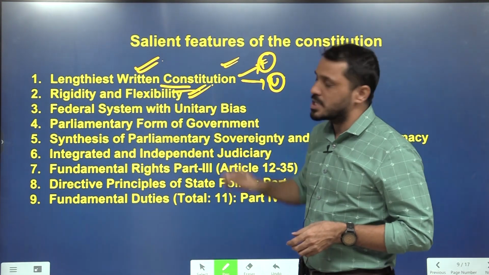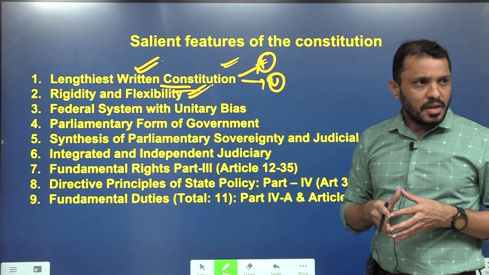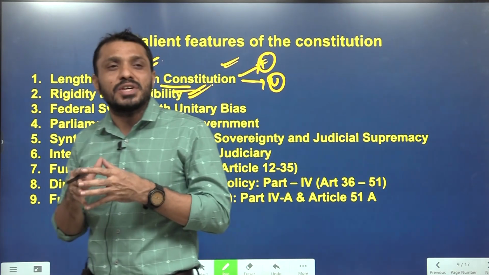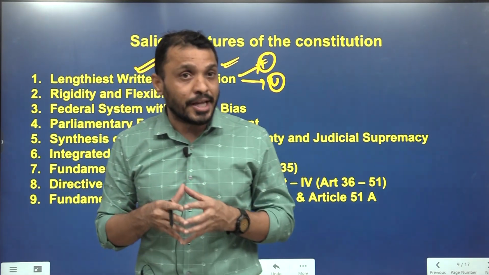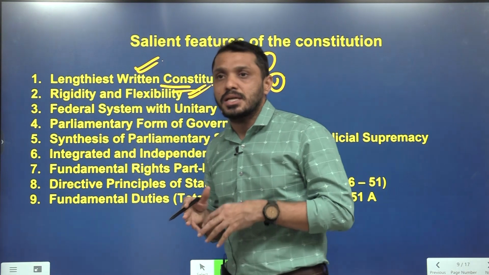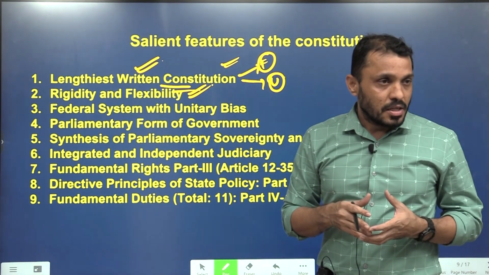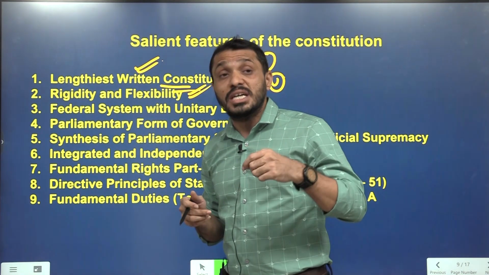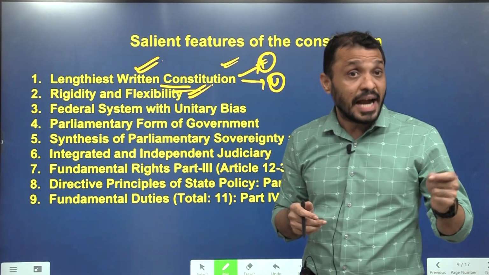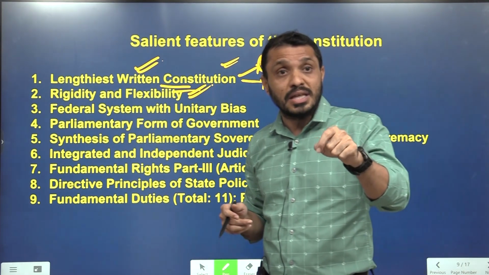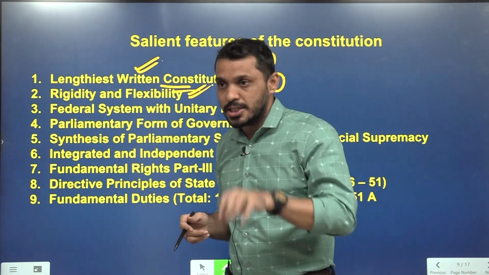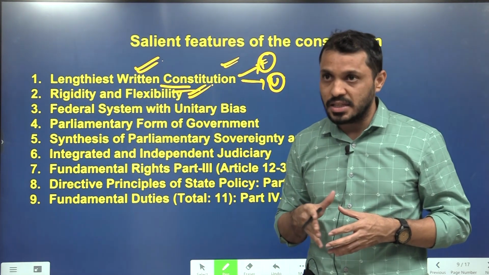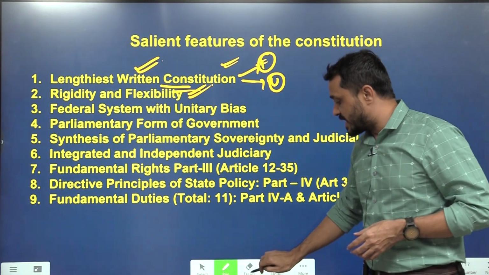Next, the Indian Constitution is both rigid and flexible. What do we mean by rigid? Rigid means changing the Indian Constitution. Changing some features is very, very difficult, and some features are very, very easy to change. The features which are easy to change require only a simple majority, and the features which are difficult to change require a special majority, and to some extent even the approval of 50% of the states. Best examples are the GST bill, and the creation of All India Services, Article 312. That is about rigidity and flexibility.